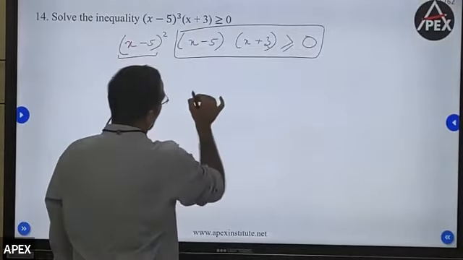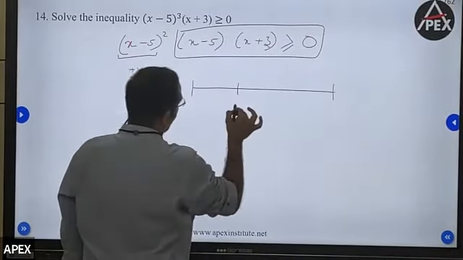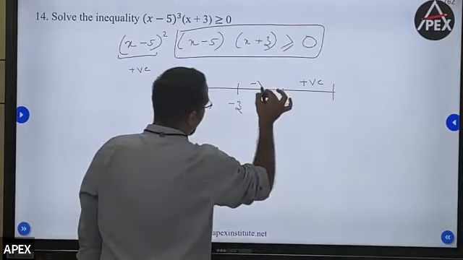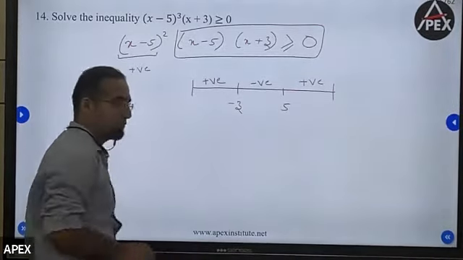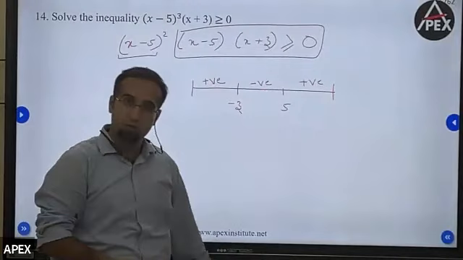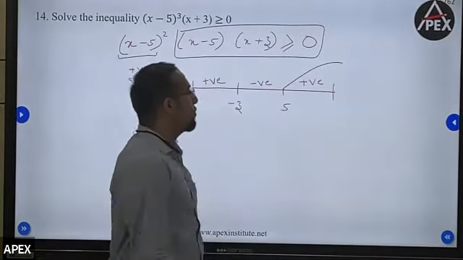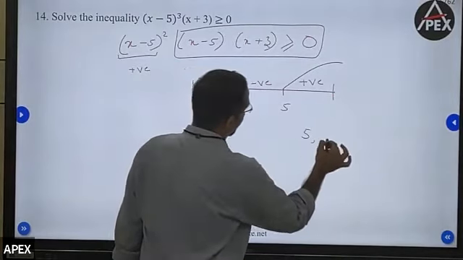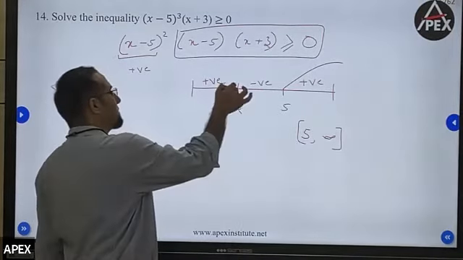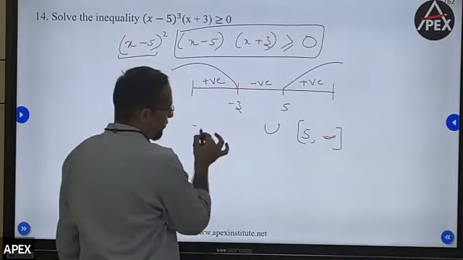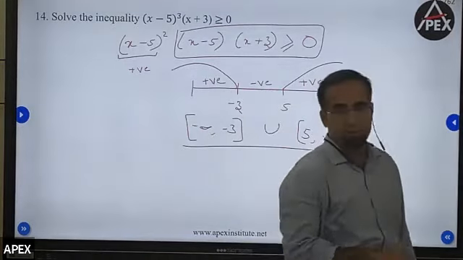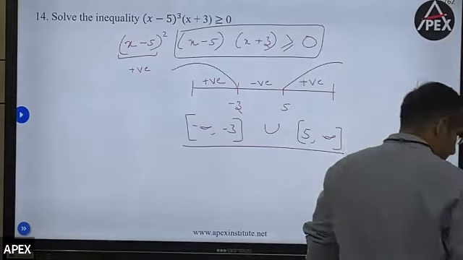Which means I have to now ensure that this part of the equation is held true. So for this to hold true, I plot the roots on my number line. I have minus 3, I have 5. From my right hand side, I write a positive value, a negative value, and a positive. The inequality is greater than or equal to 0, so this zone holds true. I'm taking from 5 to positive infinity, both included, no denominator. And this portion holds true too. So union, minus infinity to minus 3, again both included, and this becomes my answer. Sir? Yeah. So the rightmost side should